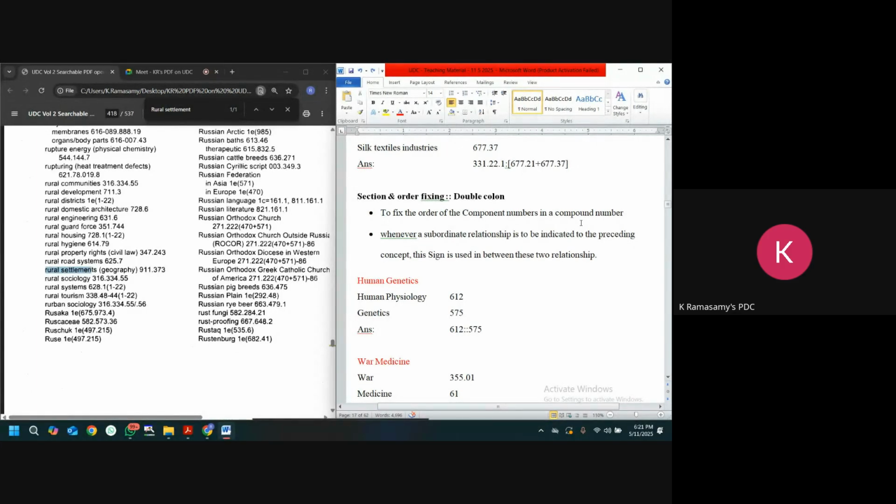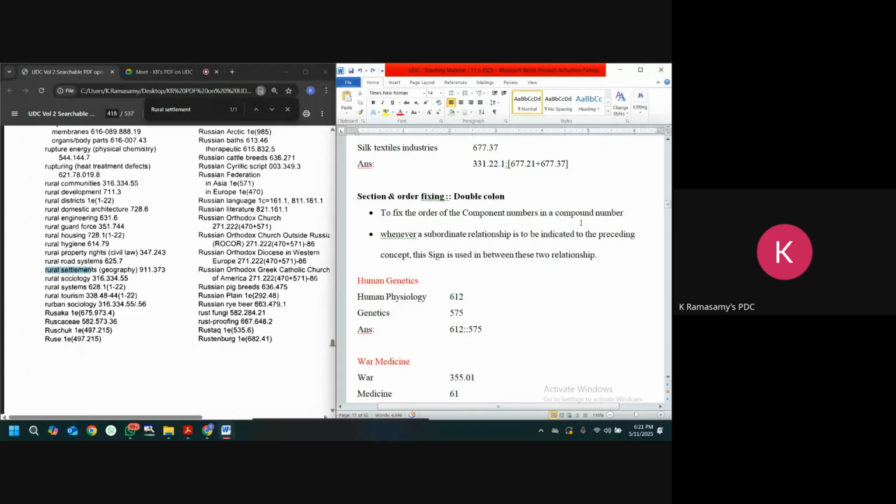Fine. But when you're using a colon, there's a possibility of interchanging the numbers. Either 52 colon 63 or 63 colon 52, no problem. But if you feel that, in this particular title, one is superior, another is inferior, one is coordinate, another is subordinate, one is upper side, another is lower side, so whenever you want to show that there is a hierarchical relationship between these two concepts, bigger concept and smaller concept,